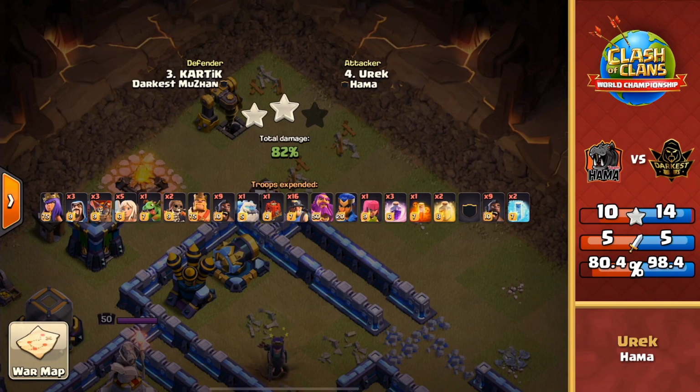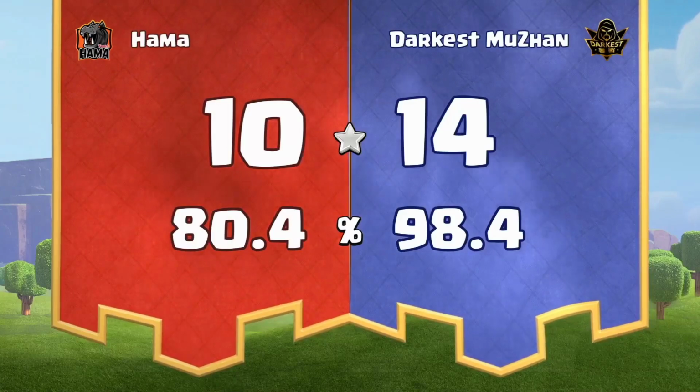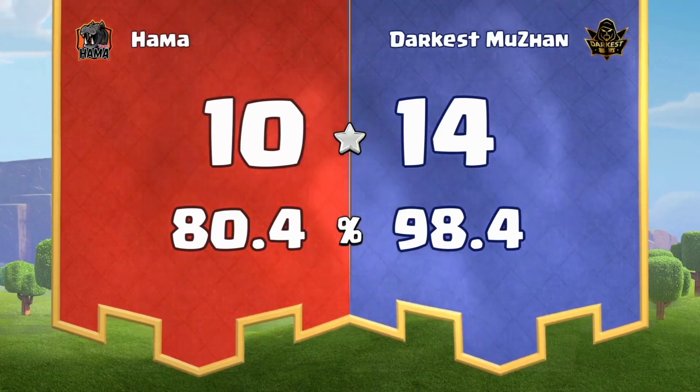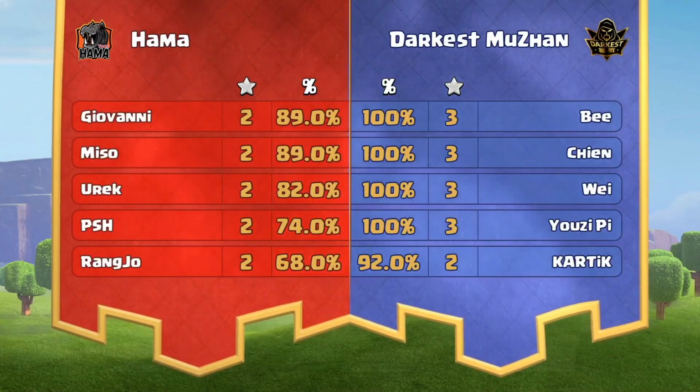It's going to be victory for Darkest Muzhan, a 14-star advantage over the 10 dropped from Hama. Yes, indeed, 82%, unfortunately, for that last attack for Hama, meaning that Darkest Muzhan are going to be going into the next round, which will be tomorrow, and they will be facing off against